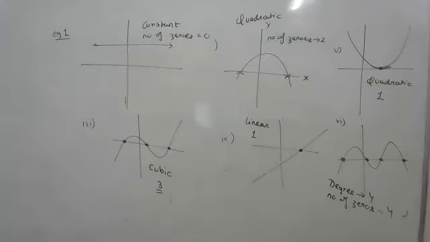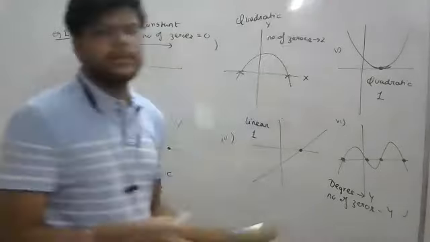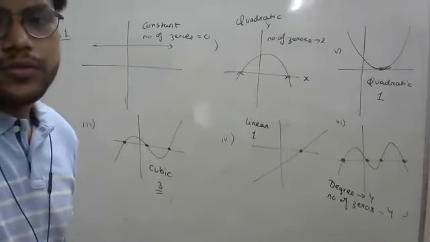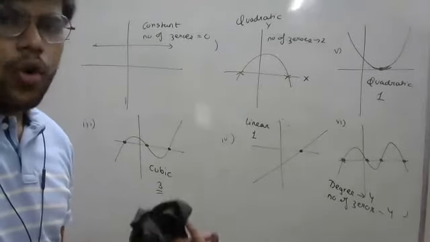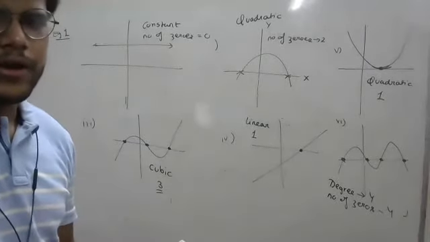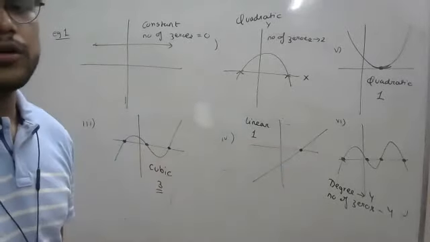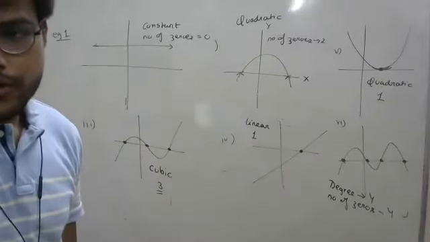Great. So your first exercise is only based on this concept. Now we'll start the concept of the second exercise: relationship between the zeros and coefficients of a polynomial. I'll explain it to you. Biquadratic or quadric, there are two terms, or else you can simply write that this is a polynomial with degree 4. Okay. What are your doubts?